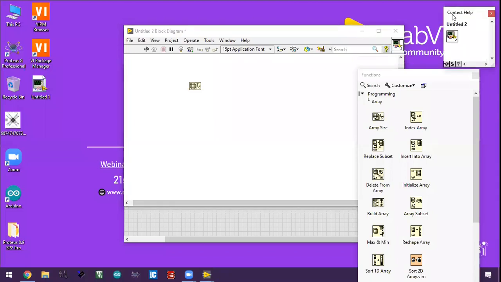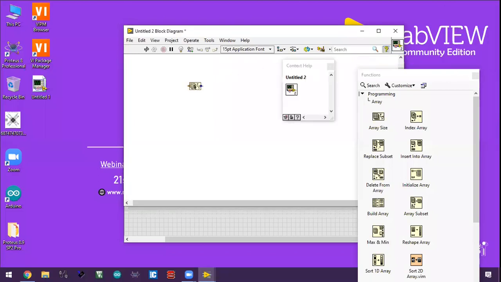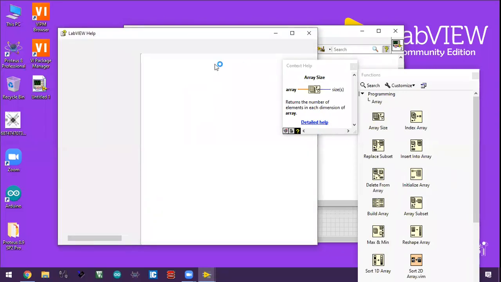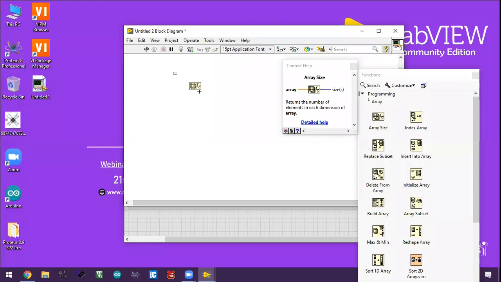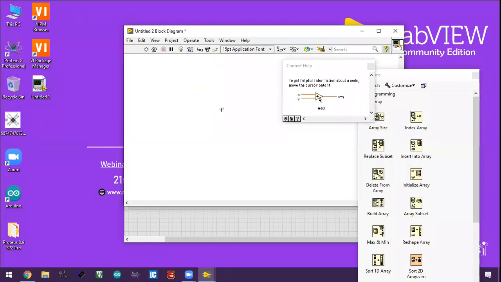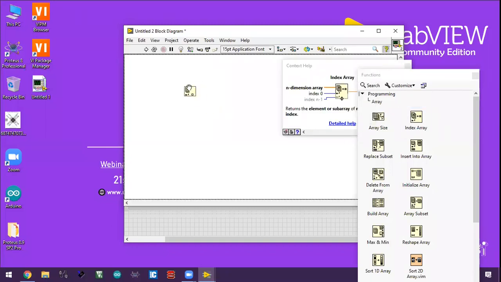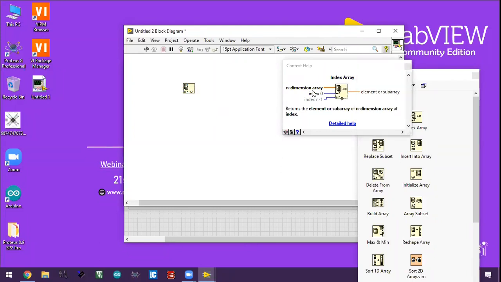So context help is enabled. Just put your mouse cursor over any element and you can see detailed help. So you can see complete help from the LabVIEW side, and what that element is used for. If I go for index array, then it will also give you help.